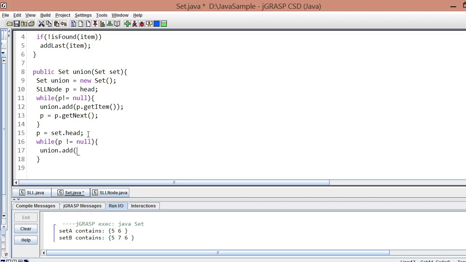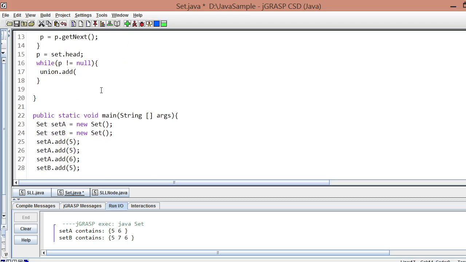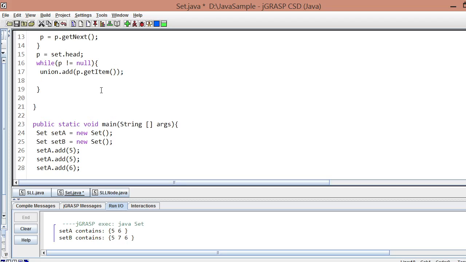So we will simply call the add method that we just created a while ago, and then let's have here P dot get item. Gikuha ang item, and then once done adding the element, let's move the reference P. So let's have P receives P dot get next. So once nga na null na si P, then our loop will stop.